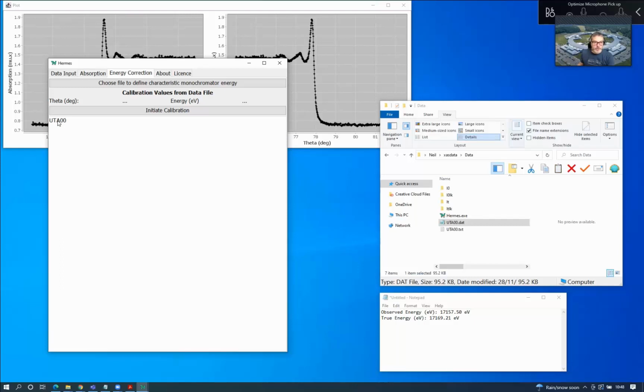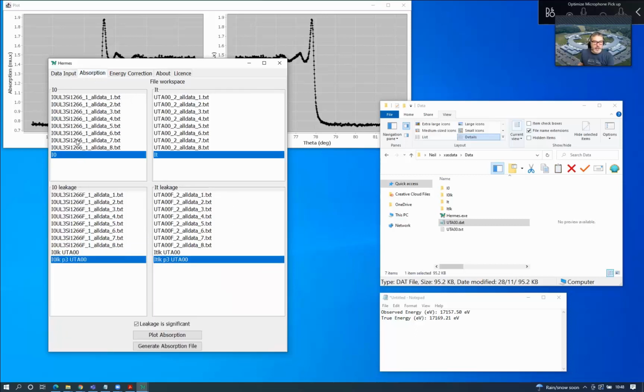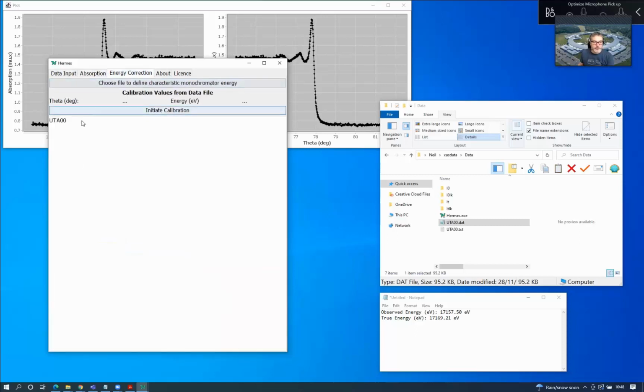So what you'll notice then is that as you work through these tabs from left to right, the data is pulled through. So you can't load in a previously worked on or calculated absorption file into this space. You have to calculate it each time, but as you've seen, once you get used to it, that will be a relatively quick process. So to initiate the calibration, we click on our absorption data file, which we produced in